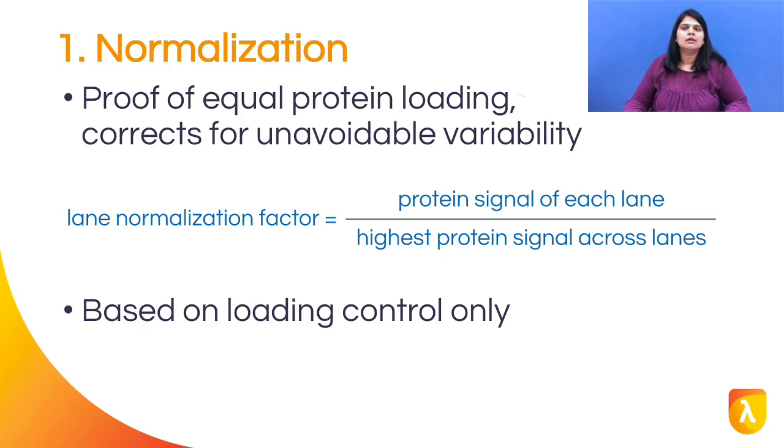Step 1. Begin by calculating the Lane Normalization Factor. Blots are inherently variable, non-uniform, and have inconsistencies. In order to compare blots efficiently, each blot should be normalized. Normalization uses an internal loading control to correct for unavoidable sample-to-sample and lane-to-lane variations and provides proof of equal protein